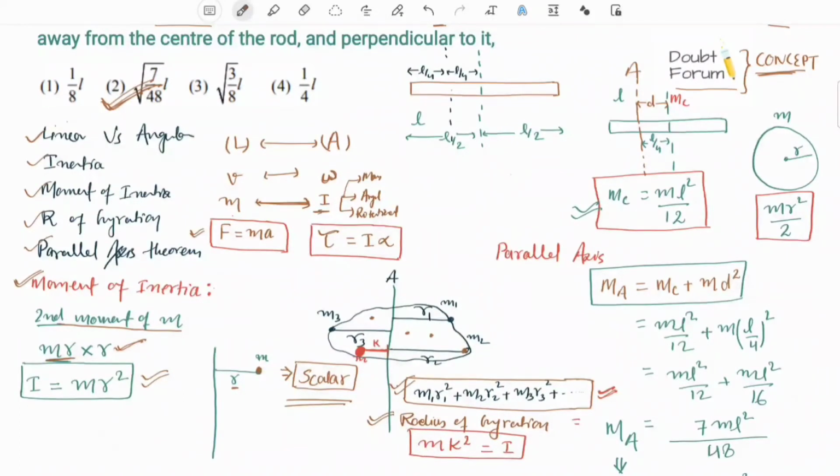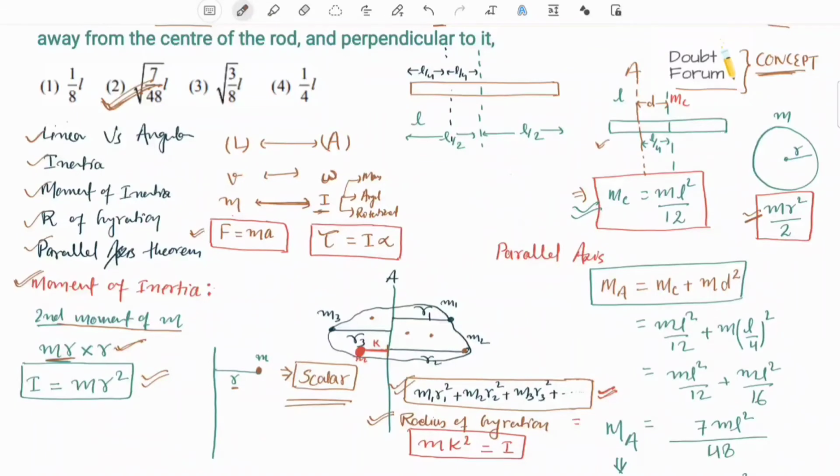As explained earlier, moment of inertia this way is very difficult to calculate in each case, so we have derived standard formulae for standard shapes. For example, for a cylinder it is ml square upon 12, L being the total length of the cylinder, so we can see it is independent of the area of cross section of the cylinder. For a disc of radius r and mass m, the moment of inertia would be mr square upon 2.